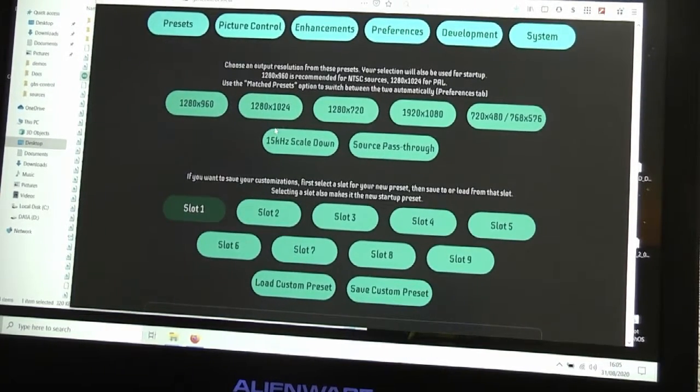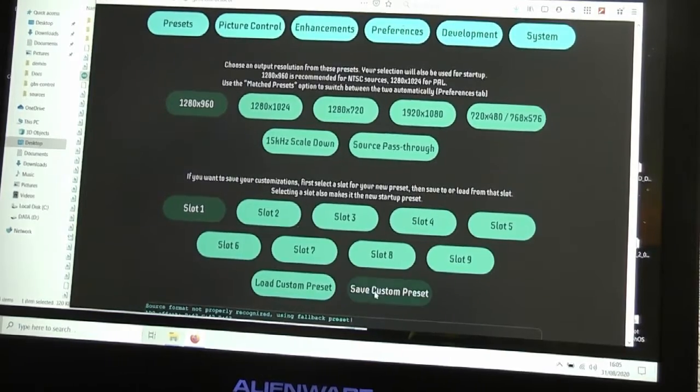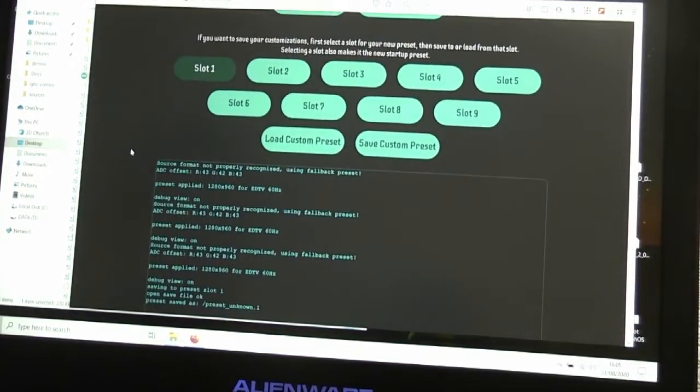Now the monitor that I would normally use probably is a 1280 by 1024 resolution. So I think, and it's recommending to me 1280 by 960 for NTSC sources and 1280 by 1024 for PAL. So I think I am probably going to just use that. So is that sticking? Not sure. Looks like it keeps reverting to something else. Well, let's give it a go and save a custom preset. Why don't we have a go with that? Let's save it in slot 1 and then